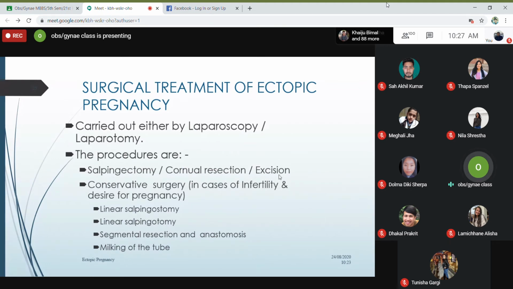So for these patients, and obviously it should not be an acute rupture. If the tube is already ruptured, then obviously you're doing a salpingectomy, you're removing the tube. But this is for an unruptured ectopic. So you've understood the conservative surgeries for the tube are salpingostomy, that is stoma, you're cutting it open, taking out the gestational sac, and then leaving it open. Salpingotomy is cutting it open, taking out the gestational sac and then suturing it. Segmental resection, you're taking out only that segment.